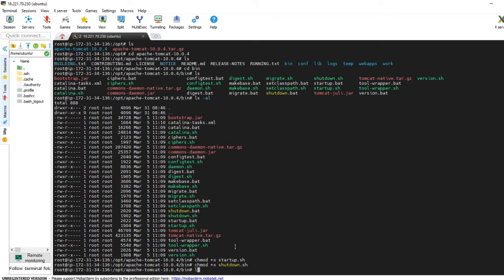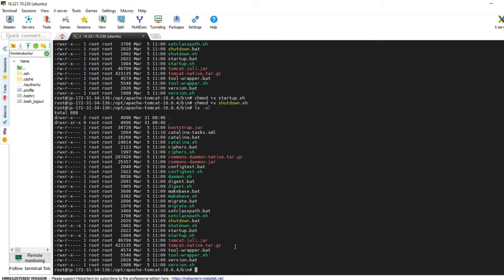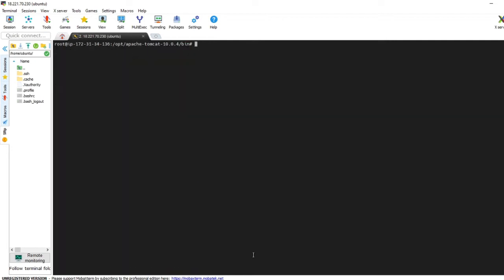Okay, so if I do ls -al, you can see that there is an executable permission on these two files so that we can run our Tomcat server. So let me clear the screen. So let me see the current path of our system by this command.